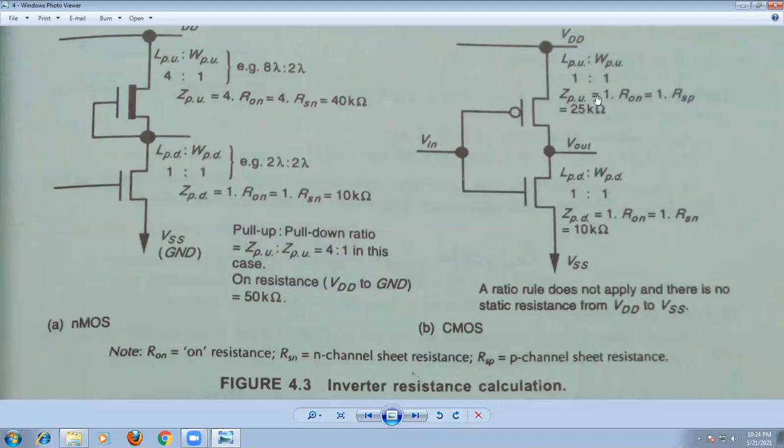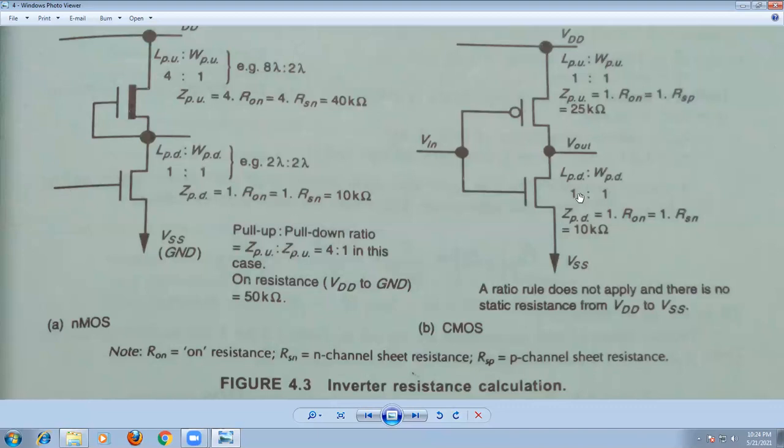So what happened now? At a time, both the transistors will not be turned on, right? Depending upon the logic level, one transistor is turned on and the other is off. For any input voltage, either low level or high level, only one transistor is turned on. In low level, the P-type transistor is turned on. In high level, the pull-down transistor is turned on.